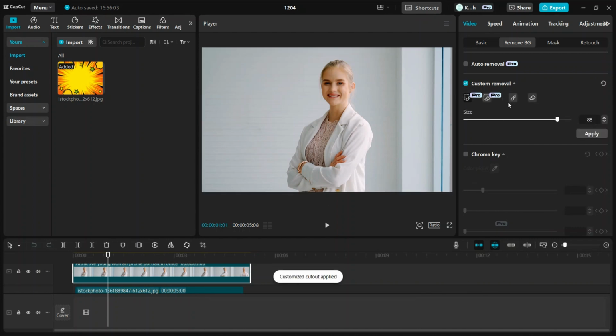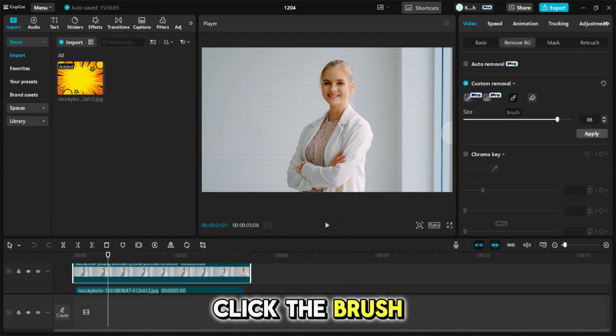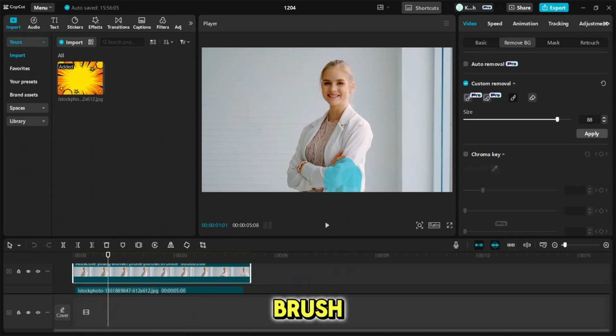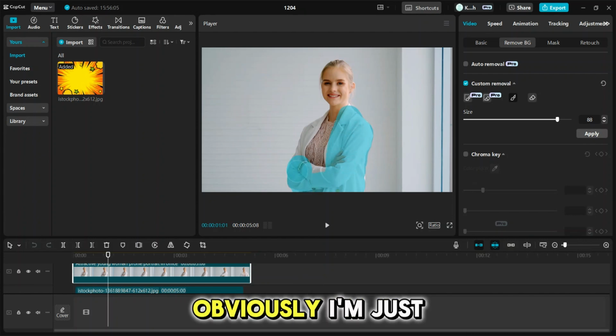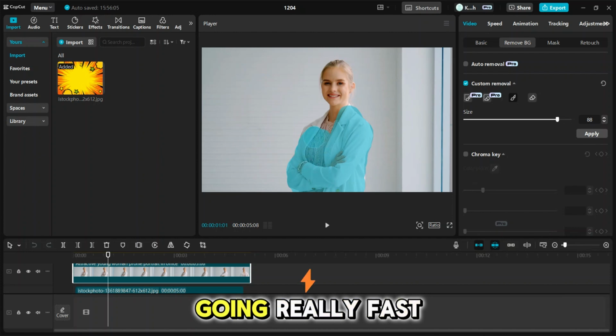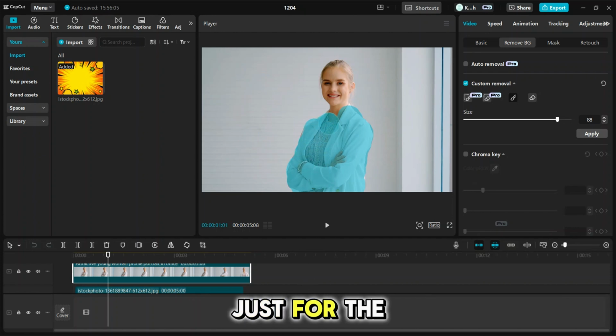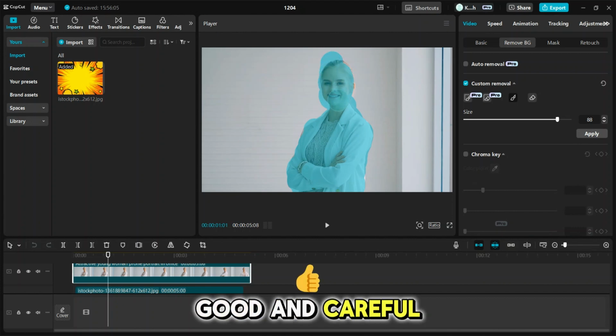Okay, and now for the free version, all you need to do is go on to custom removal, click the brush, and then only color under the brush essentially the subject of your video, right? Obviously I'm just going really fast here, so the video is not going to be as good and careful,